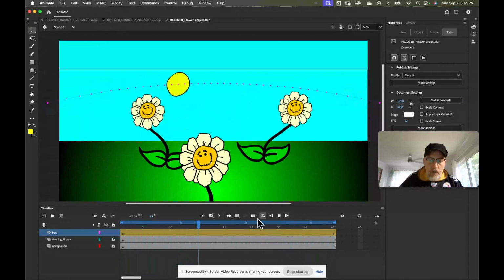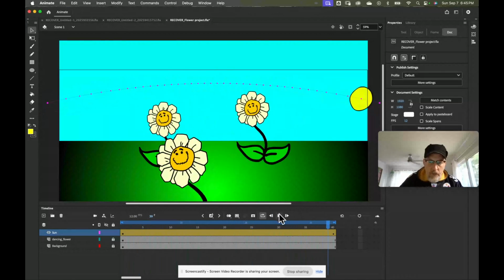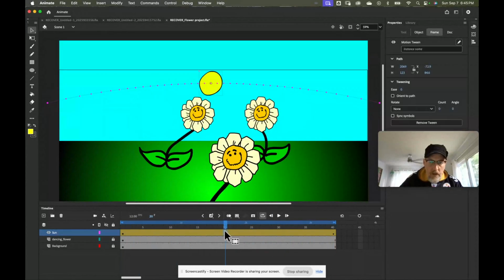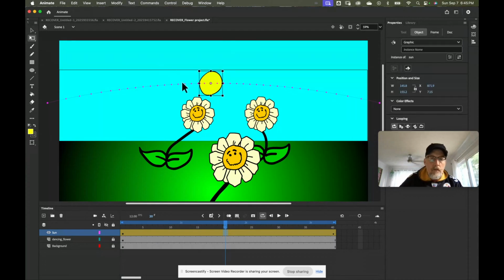Okay, let's make one more change here. Let's go ahead and pause, and in my tween, let's make my sun, when it gets up here to the apex at 20 frames, let's change the size of it. Let's just make it bigger. So I'm going to hold down shift with my size to keep it in the center. And we'll make a big old sun up there, and it'll kind of crest out of the frame